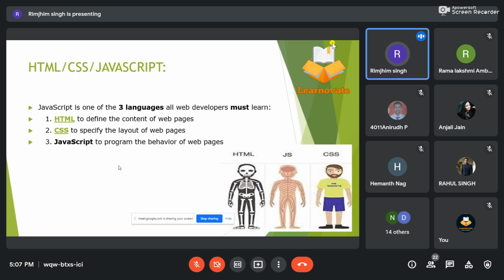JavaScript is mainly, class, what adds functionality to your program, and we define the behavior of our programs through JavaScript. If I try to explain through the example of how the human body works, if you see the structure of the skeleton here in the image, the skeleton is what we can refer to as HTML. And if we add some clothing or dress up ourselves, that is what is called CSS.